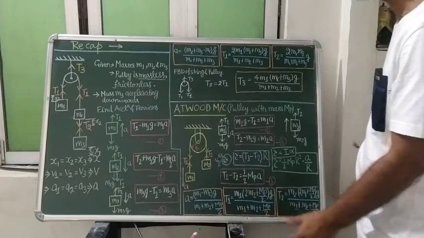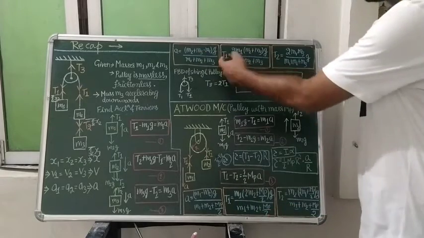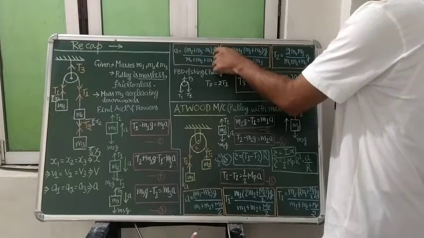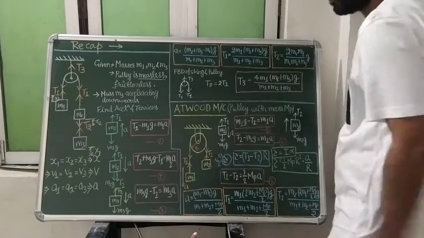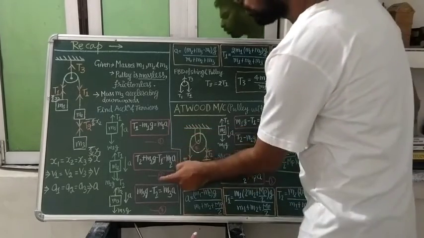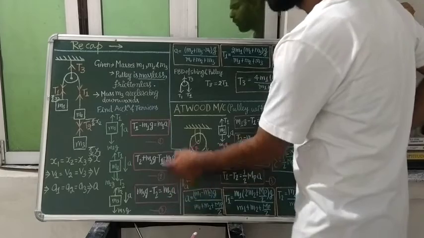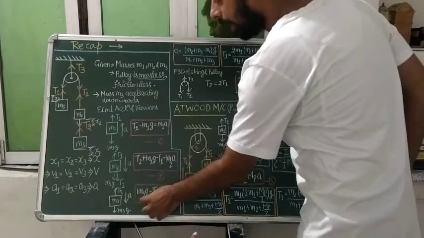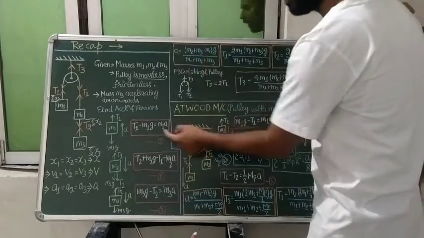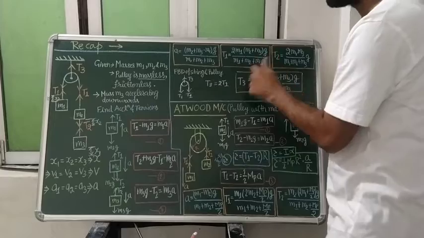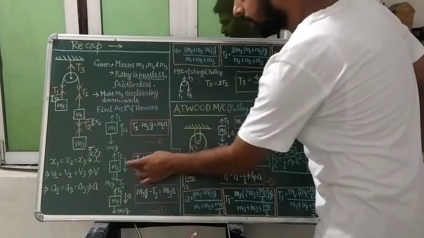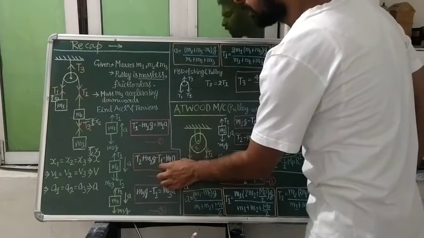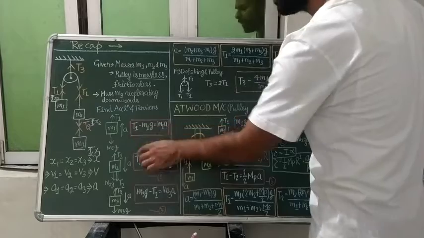Solving these three equations, what were we getting? Acceleration was coming equal to (m2 plus m3 minus m1) times g divided by (m1 plus m2 plus m3). What can you do, student? Adding 1 plus 2 plus 3, what is it going to give you? m1g, m2g, m3g: m2 and m3 are positive, m1 is negative, and g you will take as common. The T1 and T2 will get cancelled out. T2 is positive here and negative here. T1 is positive here and negative there. They will get cancelled out.